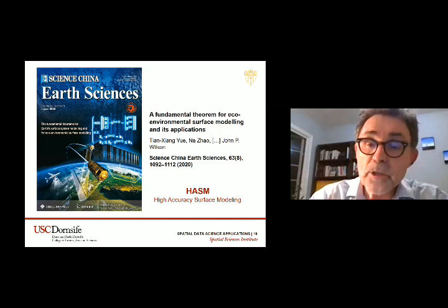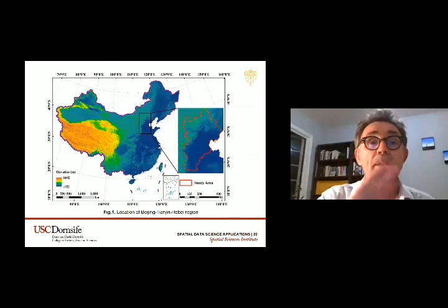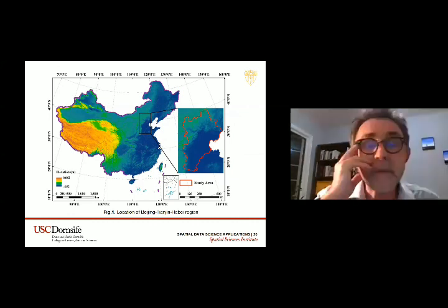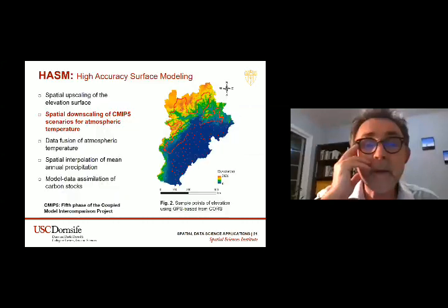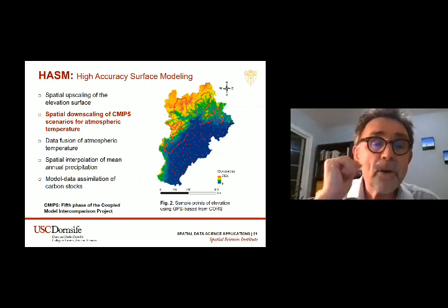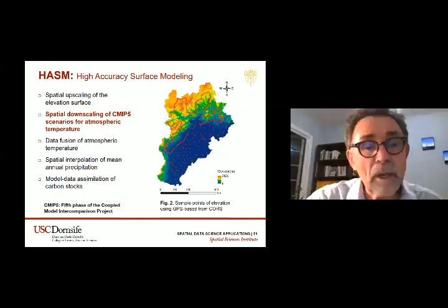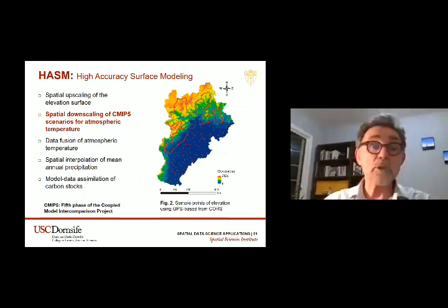We're focusing on Beijing, Tianjin, and Hebei region in north central China, be known to most of you. Upscaling of the elevation surface, the spatial downscaling of the global climate models. The third was data fusion of atmospheric temperature. The fourth was spatial interpolation of mean annual precipitation. And the fifth was model data assimilation of carbon. So looking at carbon sequestration, we're